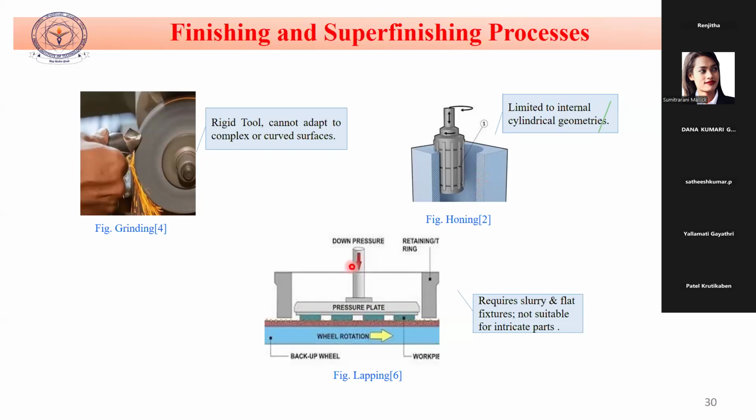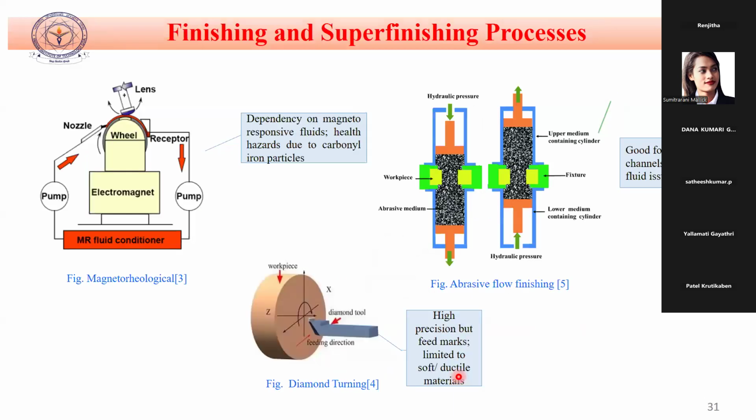The next process came, lapping. Lapping means there's some abrasive, there's some slurry, and you are giving some zigzag motion, majorly a figure-of-8 kind of motion, and you are getting the results. So every process has some limitations. Then some advanced finishing processes came. One is called